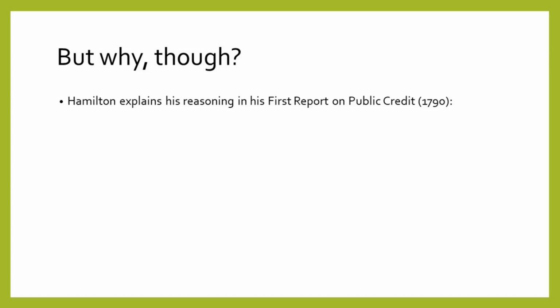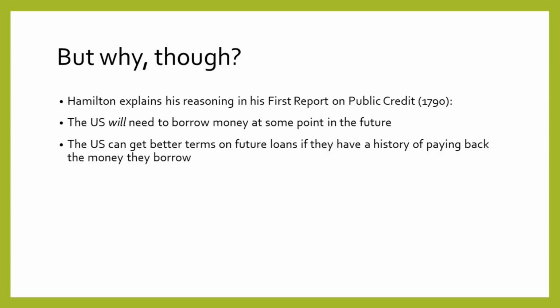Now, let's explain the logic behind this real quick. The idea behind the first 2 points is laid out in Hamilton's Report on Public Credit, which I would highly recommend you reading if you're having trouble sleeping some night. Basically, Hamilton argues that the US will have to borrow money again at some point in the future because some kind of crisis will come up and they'll need money fast. When that happens, it'll be way easier to find people who want to lend money to the US on favorable terms if the government has a track record of actually paying back the money that it borrowed in the past.